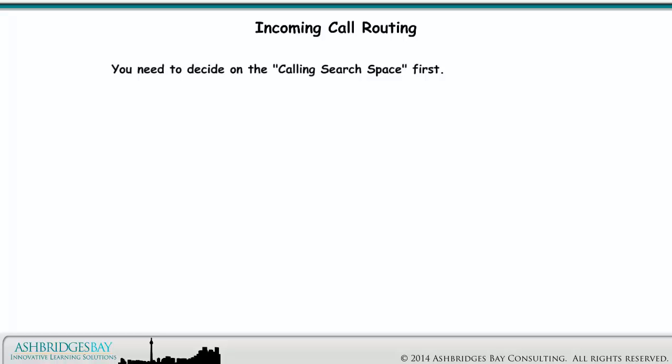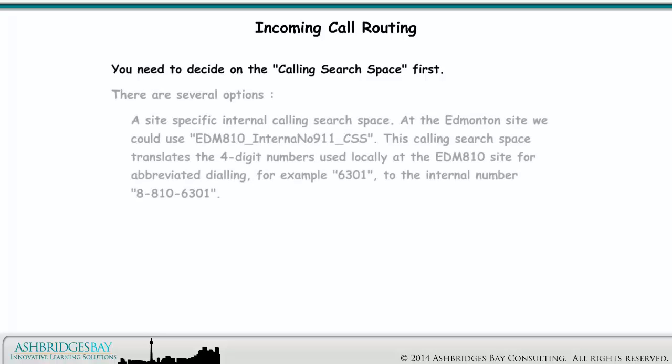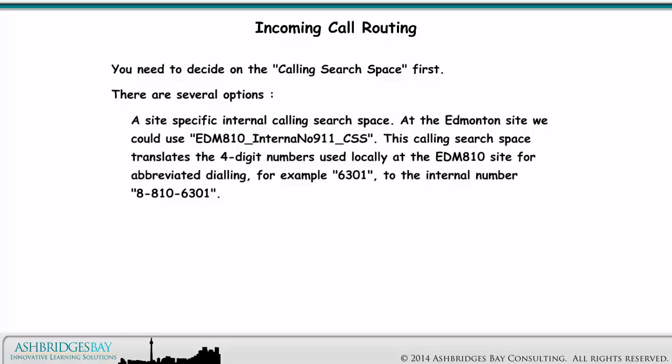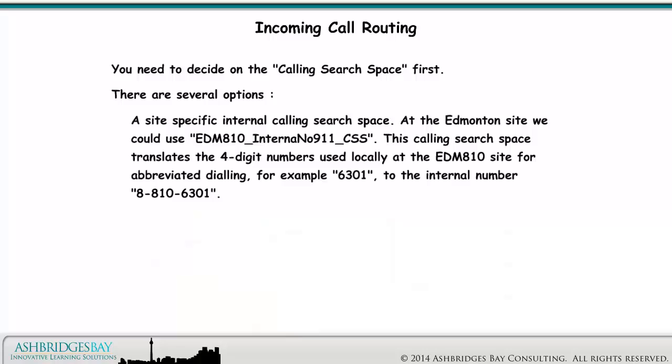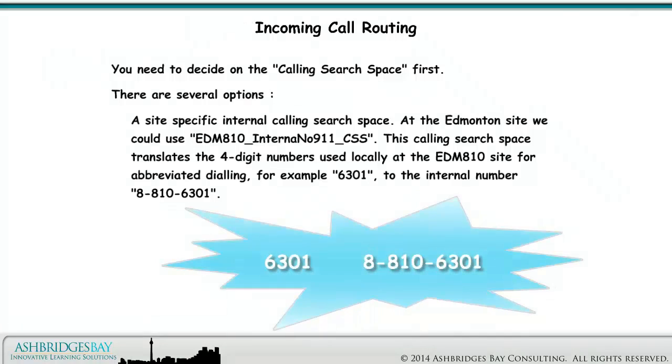You need to decide on the calling search space first. There are several options. A site-specific internal calling search space. At the Edmonton site, we could use Edmonton 810 Internal No 911 calling search space. This calling search space translates the 4-digit numbers used locally at the Edmonton 810 site for abbreviated dialing. For example, 6301 to the internal number